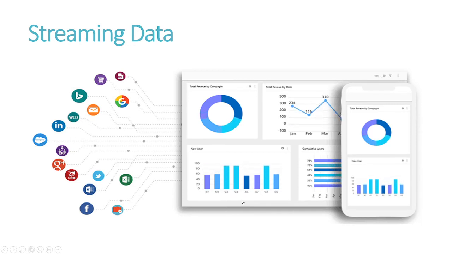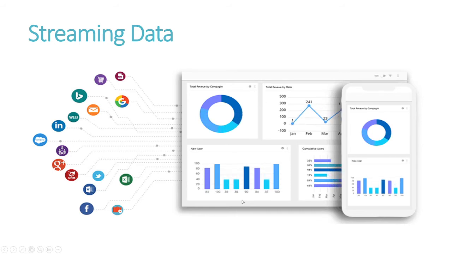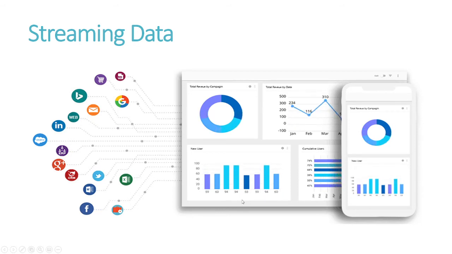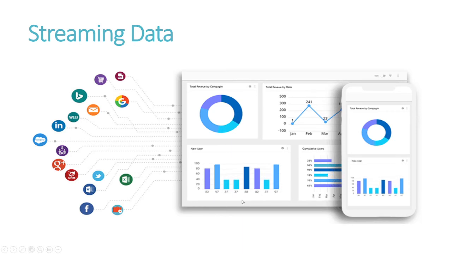In real time, in quick seconds, a user can make a decision. Like a user gets data from Twitter and wants to do some sentiment analysis or something like that. It's endless, and there are many more use cases for streaming data than for